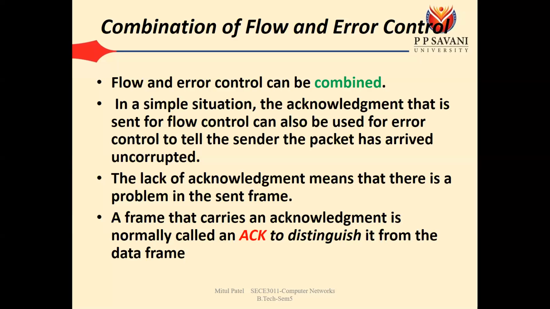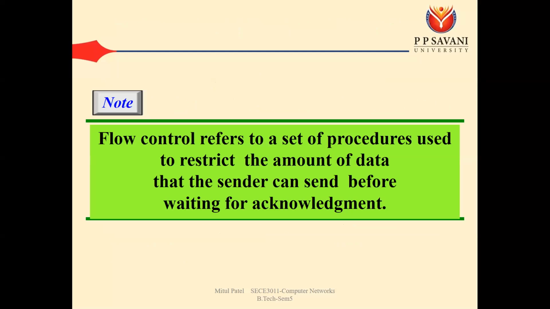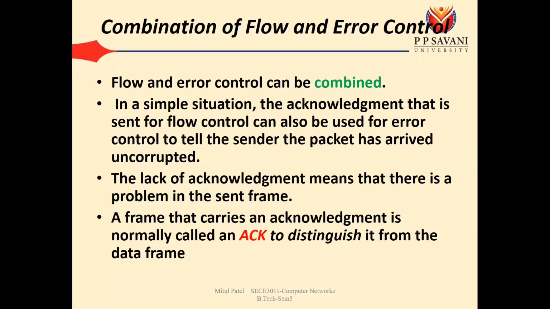Okay, so by that way, now at the receiving side, data link layer can provide that frame to the network layer. Okay, but જો તમારી frame corrupted થયેલી હોય, then we need to inform the sender that this frame is corrupted during the transmission, and now the sender needs to retransmit that frame again. Okay, so this approach is known as ARQ, automatic repeat request, that if the frame is corrupted during the transmission, then we need to inform the sender to retransmit that frame again.